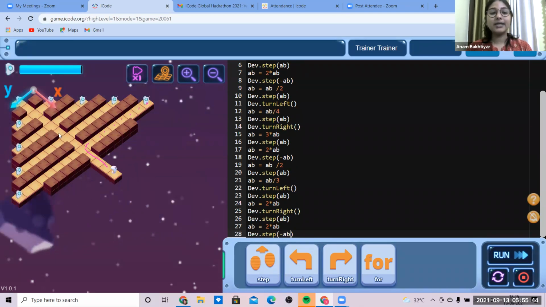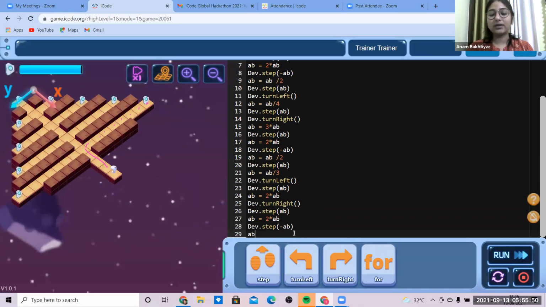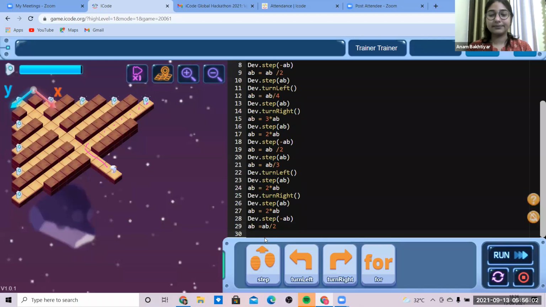So minus AB, it will come over here. Then it has to go for half of AB, AB by 2, since it needs to cover half the number of steps. Then it will be taking those number of steps.